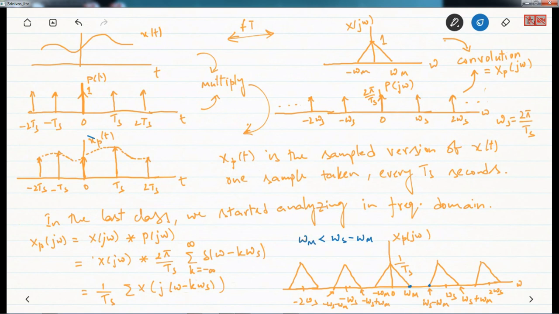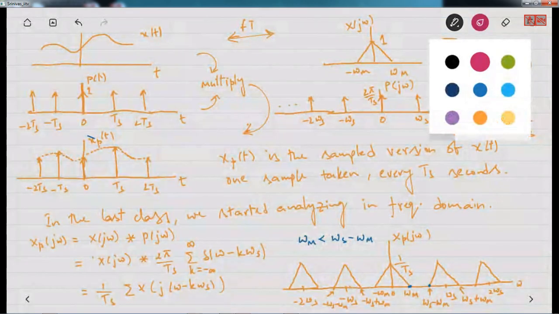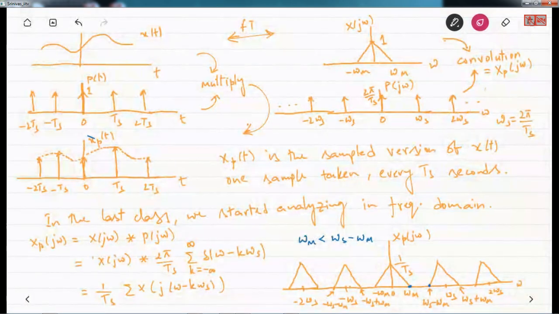So now we have the signal xp of t, whose Fourier transform is xp of j omega, which is shown here. In this Fourier transform, if we extract only this portion of the signal, if you just focus on this, if we extract the center portion, which is from minus omega m to plus omega m, that means we are done. Say for example, if I put a low pass filter and extract this portion of the signal,